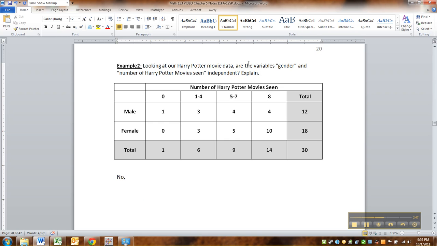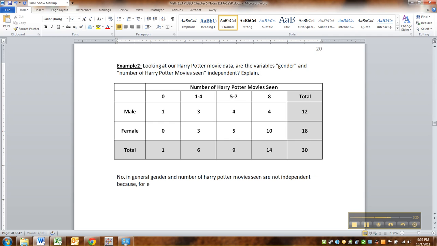At this point, let's just think about this. It appears that knowing that you, for example, have seen 8 movies, you're far more likely to have been a woman than to be a man, right? So, in general, gender and number of Harry Potter movies seen are not independent